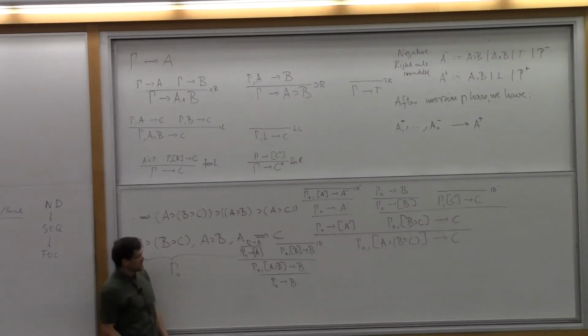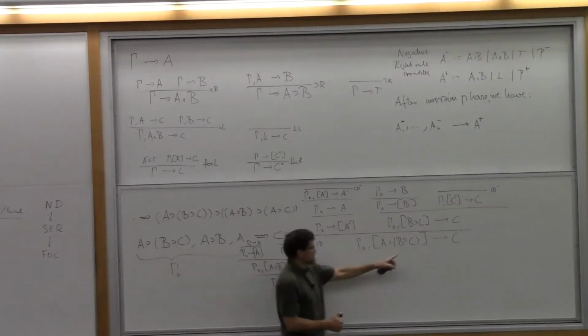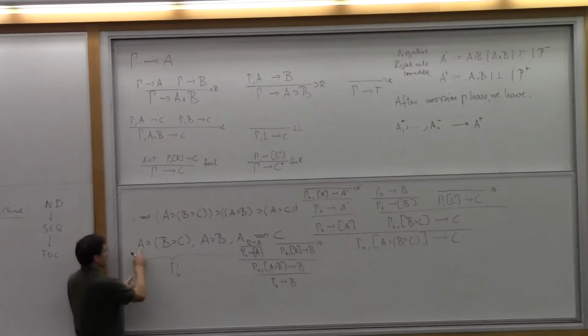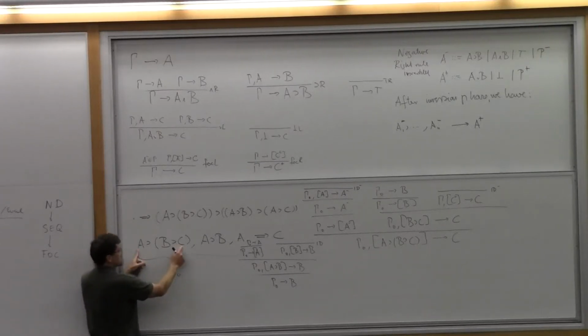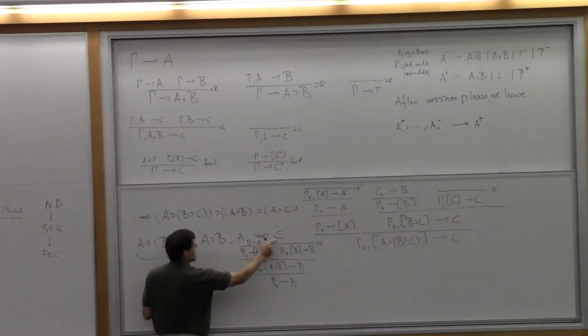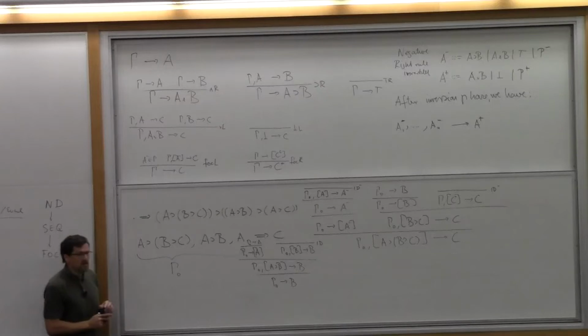So it turns out, if you go back to the very beginning when we're trying to prove C, and these are our assumptions, we can focus on this because this C matches this C. We cannot focus on this because the B doesn't match a C. We cannot focus on this because the A and the C are different.